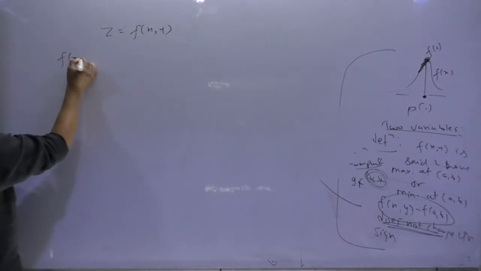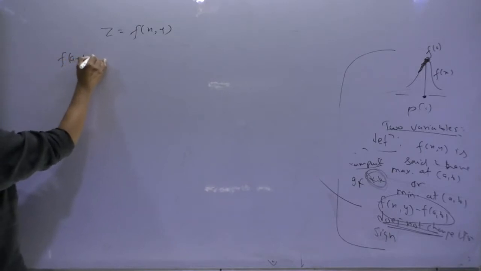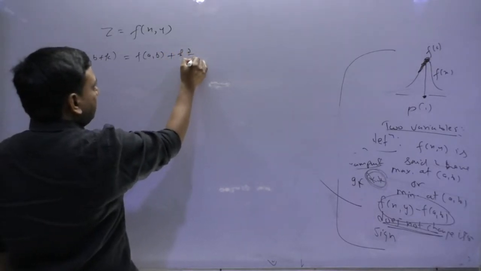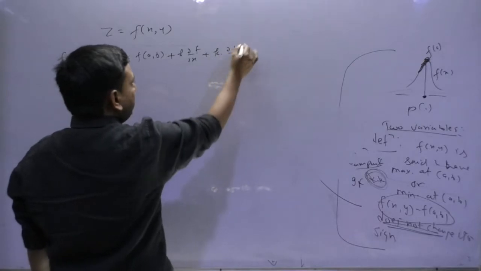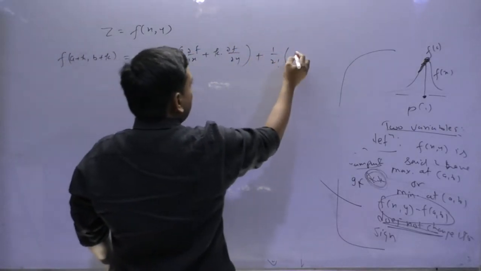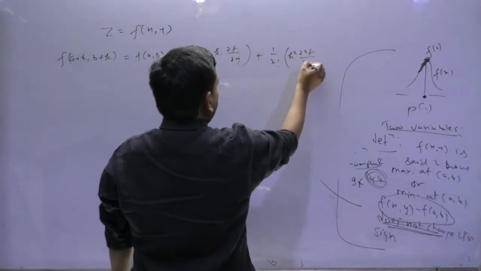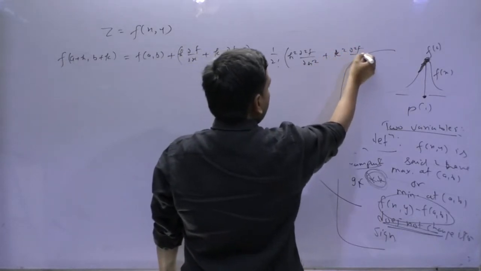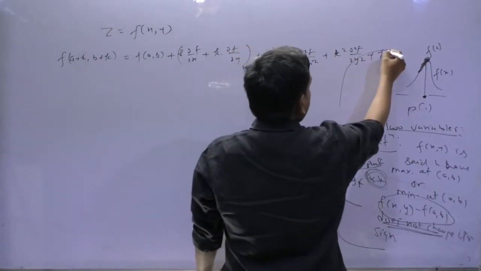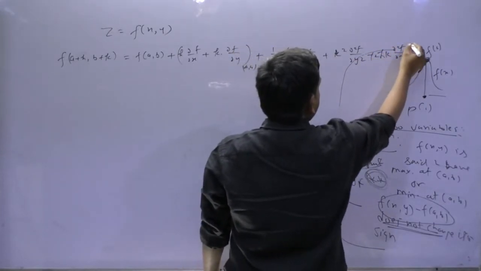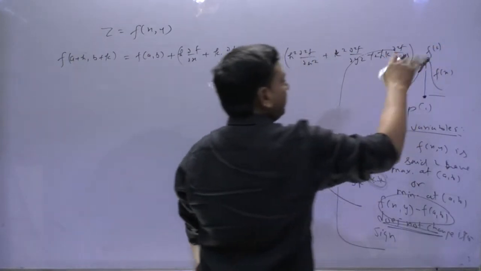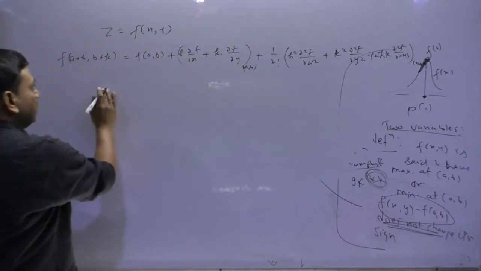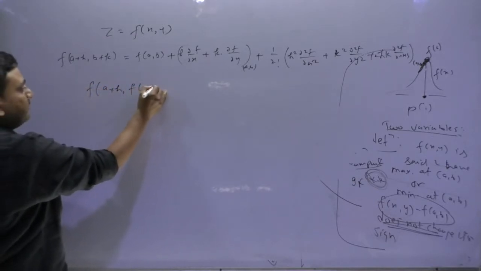So if I write f at a plus h comma b plus k by the Taylors plus h ∂f/∂x plus k into ∂f/∂y plus 1 upon factorial 2 h square ∂²f/∂x², and this will all be at a comma b, plus k square ∂²f/∂y² plus 2hk ∂²f/∂x∂y at the point a comma b, plus other terms, higher degree terms of h and k are neglected because they will tend to 0. So in this case, if I write this expression like this,